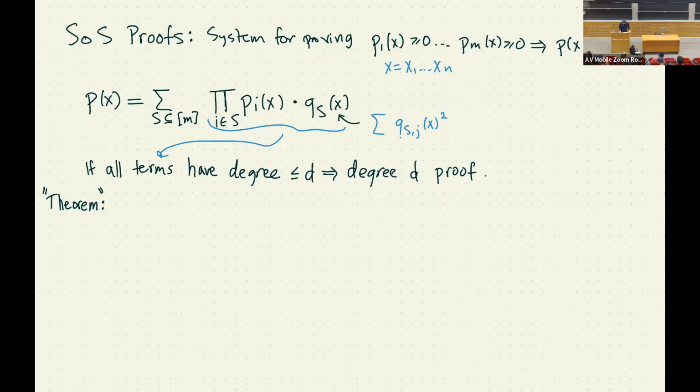Well, let me do one thing, which is change this little n to a big N because I don't want to confuse this with the number of samples. This is the number of variables in the polynomial, and that will not necessarily be the same as the number of samples in some statistics problem. So I'm going to change that to a big N. Okay, theorem. There exists an algorithm with running time N times m to the O of d, such that given